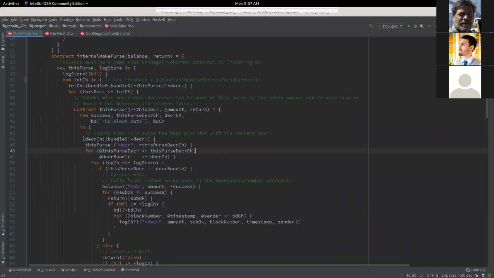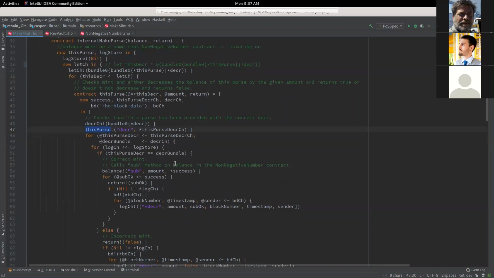We're going to take the decrease function that's associated with the instance of the mint, the MakeMint contract we're in. That's this guy. And we're going to look at the decrease function that's associated with the purse that we have, which we're calling this purse. And then we grab those values, great.